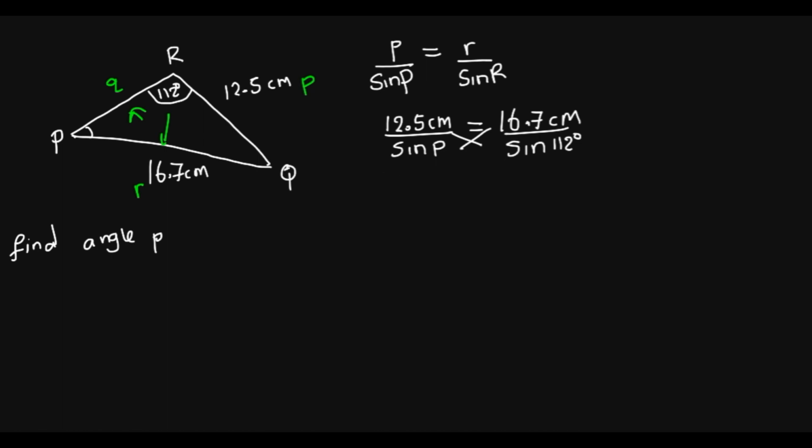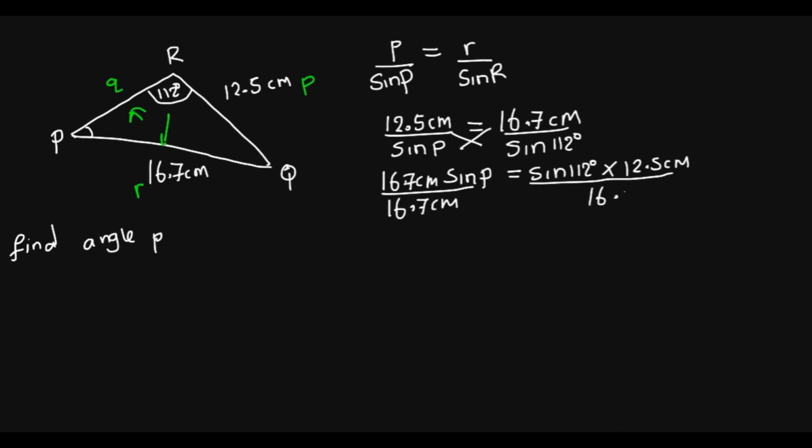16.7 centimeters times sine p is equal to sine 112 times the 12.5 centimeters. So we can divide by 16.7 centimeters on both sides. So we can now divide. Let's do the math. Sine 112 times 12.5, then divided by 16.7. So I'm getting